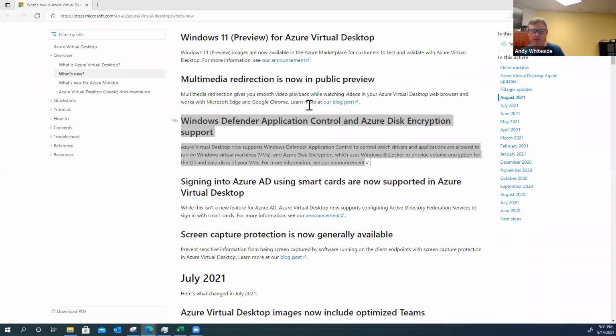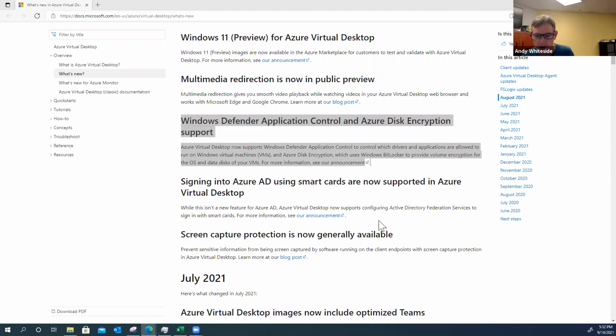Yep, absolutely. John, any thoughts on this, or the encryption, or the Defender application control piece? No, I think it's just another show of the value add of how Microsoft is taking their own functionality and giving it over to the cloud, and that whole virtual experience for the users. So I do think this is a great security step moving forward, and I look forward to some more things coming in the near future.